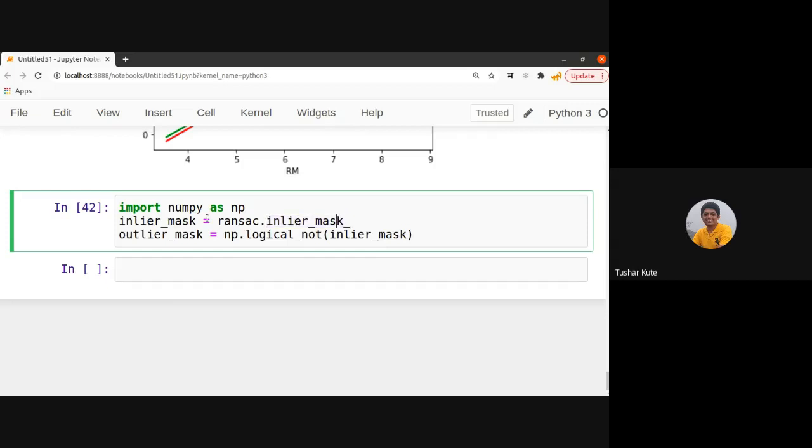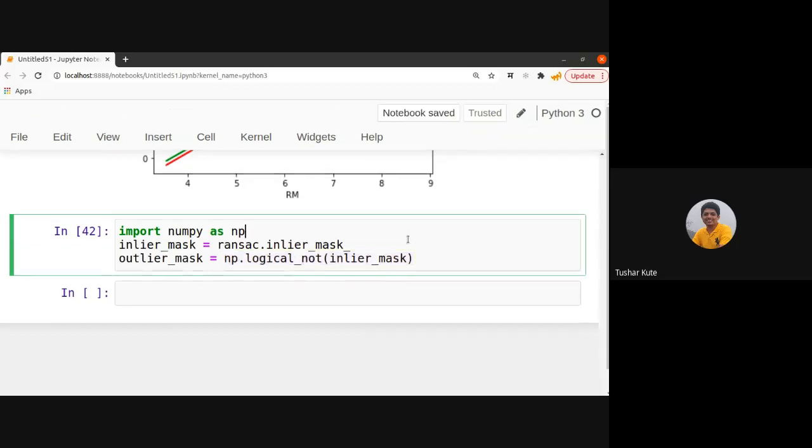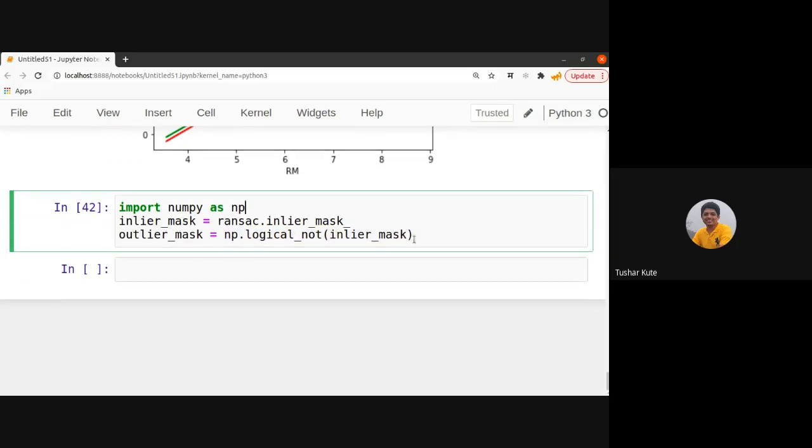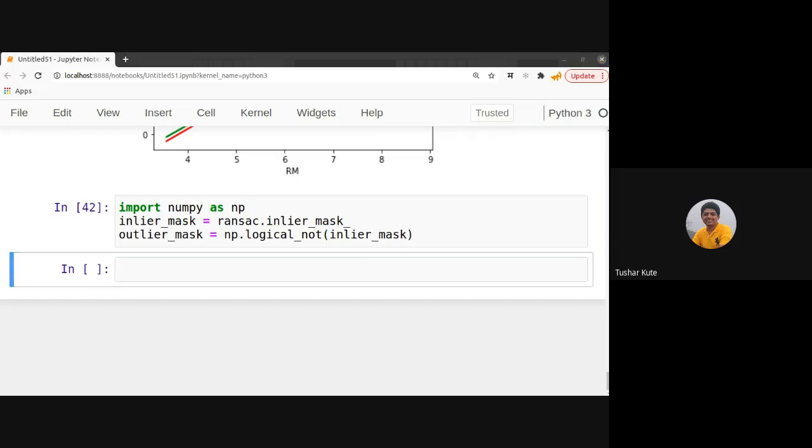The inverse of it is done by using np.logical_not of inlier mask. Logical not means whatever values are true will become false, and false will become true. The inverse operation is done there, and accordingly we can extract the data